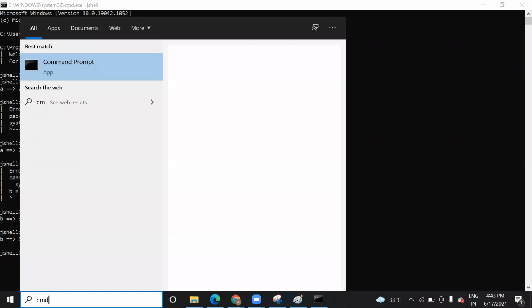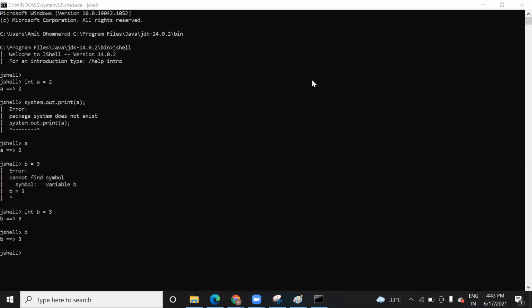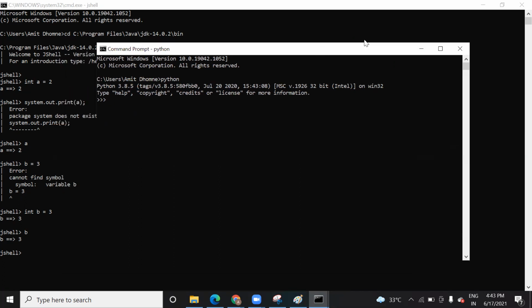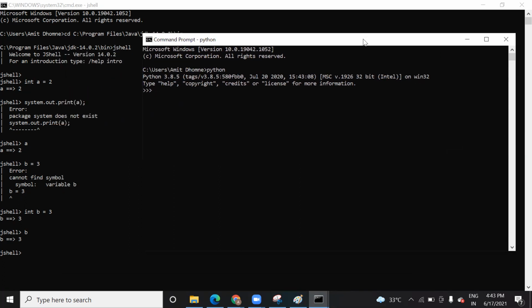It was saying the system doesn't exist. Yeah, one minute. So we can just print a. Sorry, can you repeat once again? It's saying system.out doesn't exist, so we can directly print a. Yeah, you can directly write print a. Okay, print a, you were saying. I need to check. One minute.